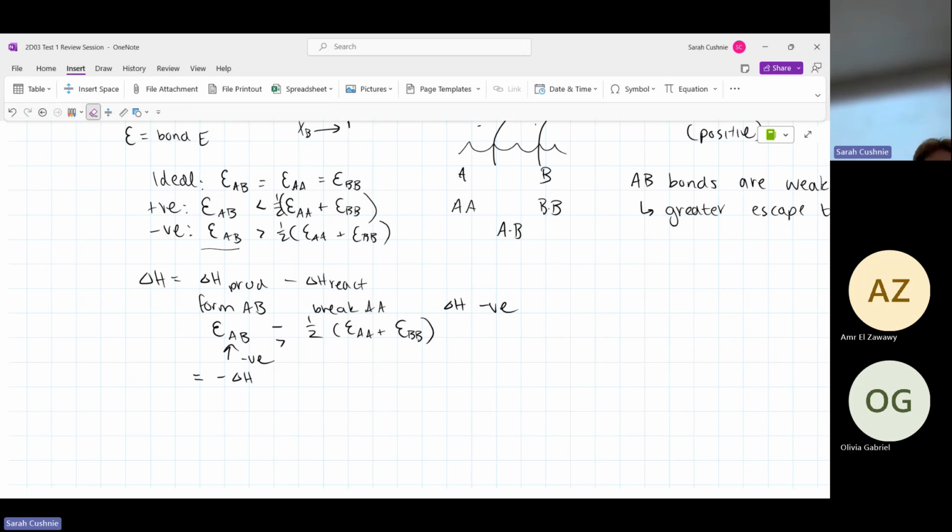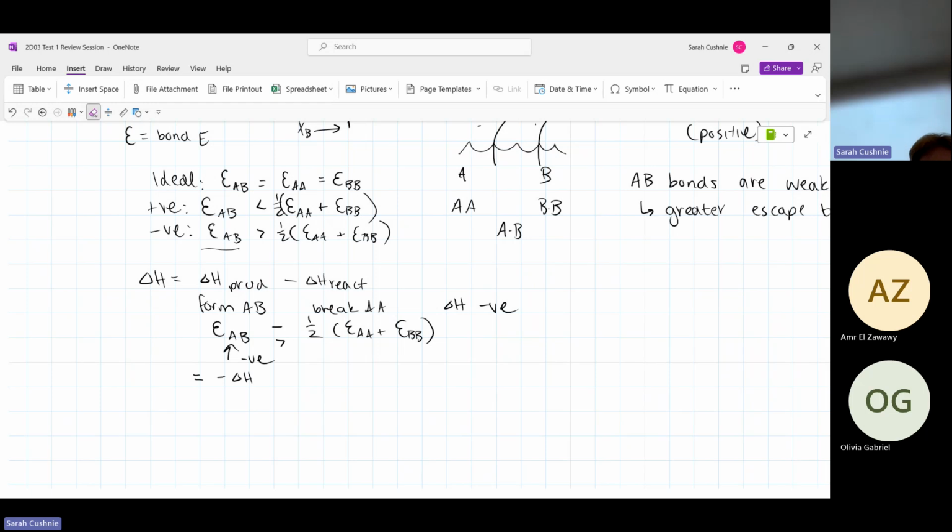Basically it's going to form, and because there are stronger bonds, you're going to release a lot more energy when you're forming those bonds, because they're really happy being formed. So it's going to release energy, and that gives a negative delta H value. Whereas if it's less happy to form those bonds, you need to put in energy overall. It takes more energy to break the bonds than it releases by forming the new ones. So it isn't happy in the AB system, and you're going to have a positive delta H. Does that kind of make sense?